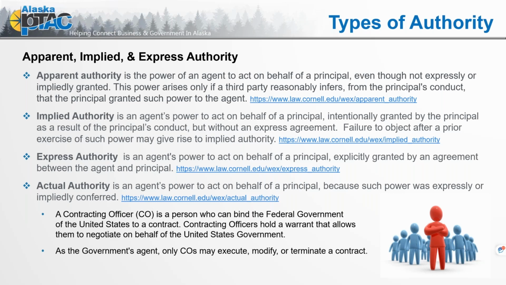So let's go back. The contracting officer, through that COR designation letter, defines the limitation of authority that that COR or COTR may have. And they should be giving a copy of that letter to that representative, as well as to the prime contractor. And it's going to define what the limitation of authority is. So please note that now we're talking about moving from actual authority to express authority, because again, it's been written,